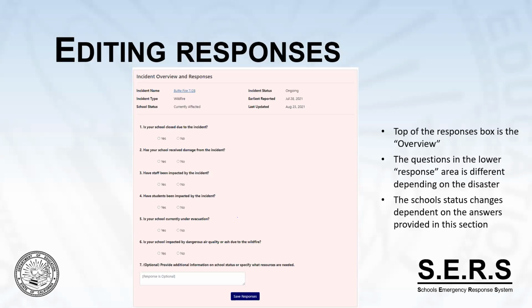Now, if you want to do it more manually, and you only have a few schools to report on, the method I prefer is just clicking on the school itself. This will come up and it'll show you each of those questions. You just select yes or no for each of them. And for the final option, you can put in whatever the school status is, any additional notes you have, any unmet needs, or if a school has multiple sites, you can say which site specifically is impacted.